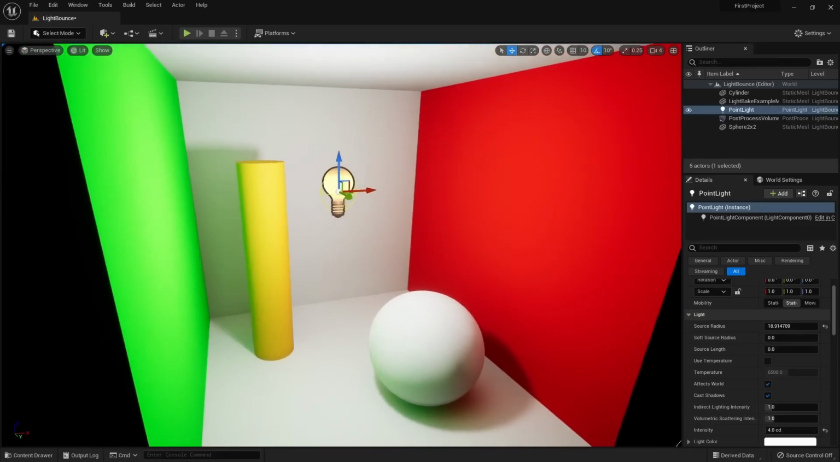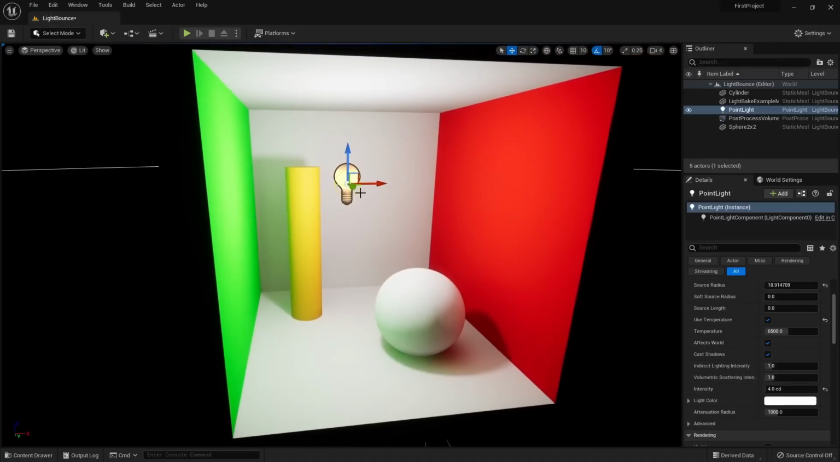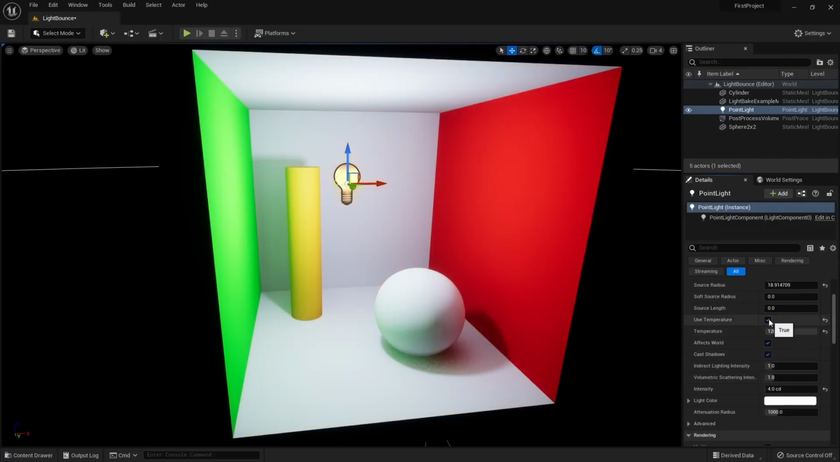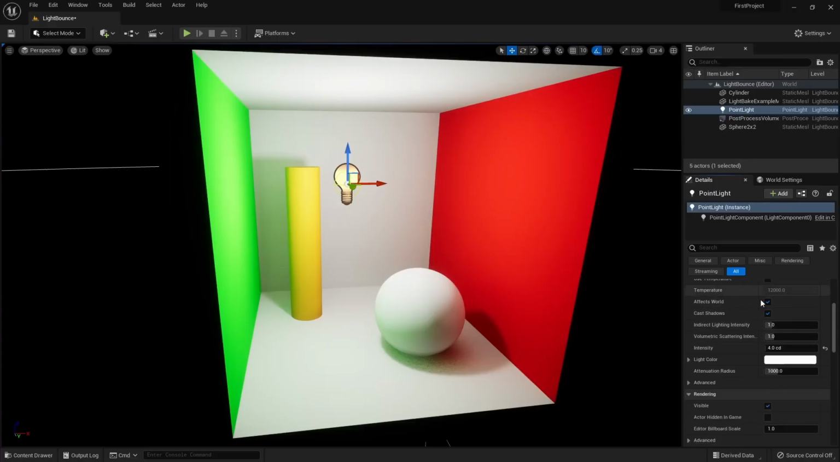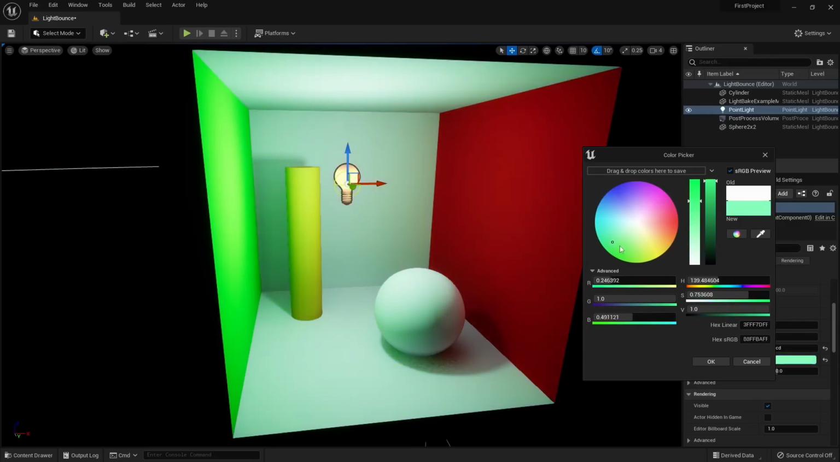Now right below that, we have temperature. Temperature allows us to change how warm or cold our light source is. If I bring this down, our light source gets warmer and warmer. And if I bring this up, it gets colder and colder. I can disable temperature by clicking on the temperature button. And all the way down here, we have light color. As you can guess, light color just changes the color of our light. The controls are exactly the